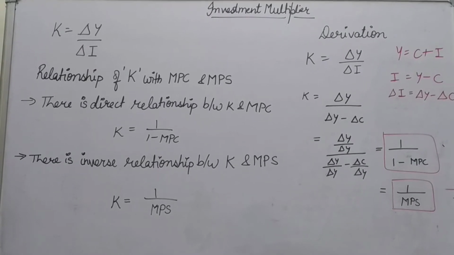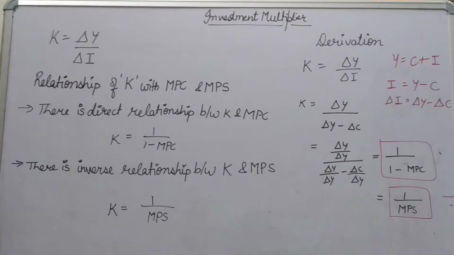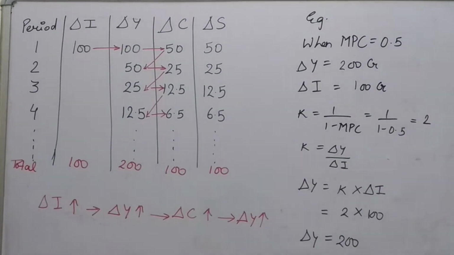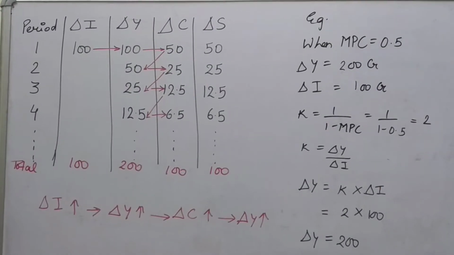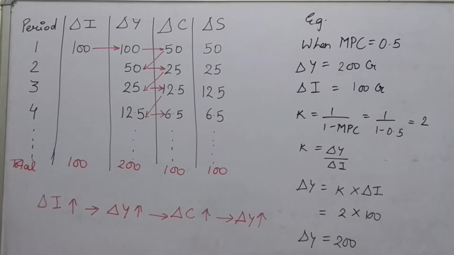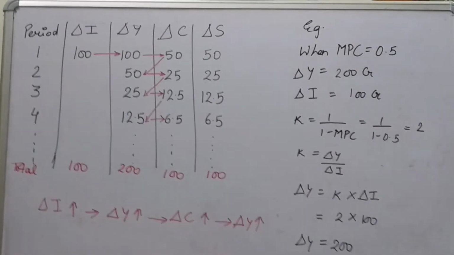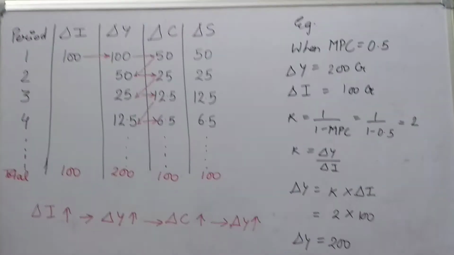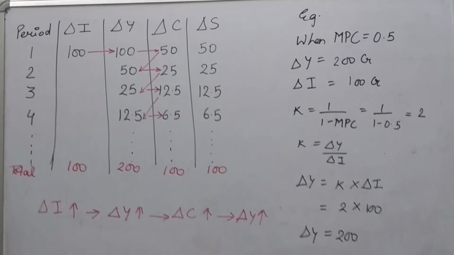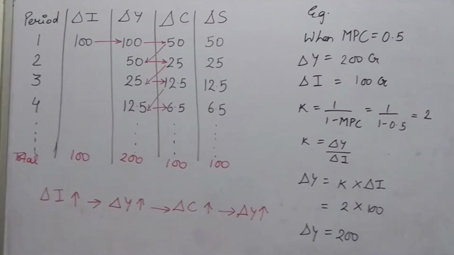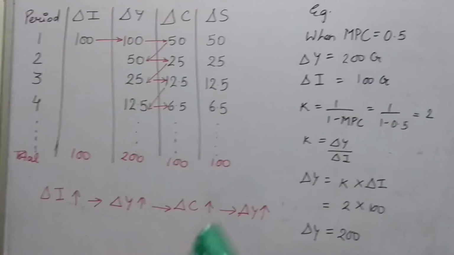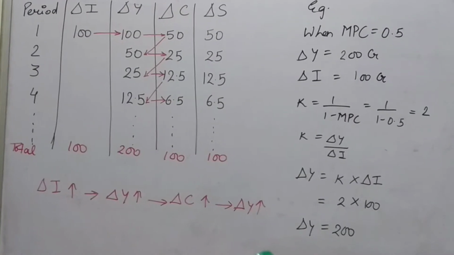Now I will explain more about how the investment multiplier works. Okay, now let's start discussing the working of the multiplier. A 3-mark question always comes from this topic. They will ask you to explain the working of the multiplier with a numeric example. So this table you have to show, or you have to explain with the numerical. First of all, just see at the bottom: delta I increases, then income increases, consumption increases, so it leads to again the changes in the income.